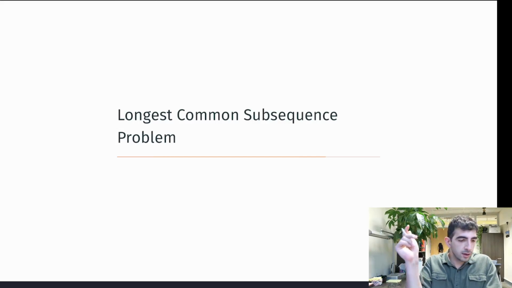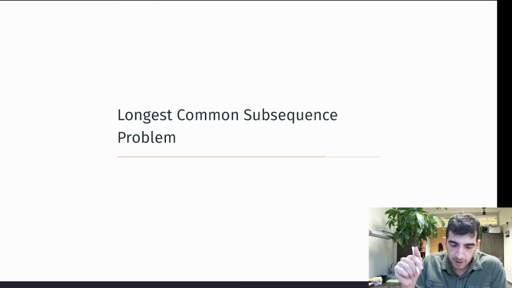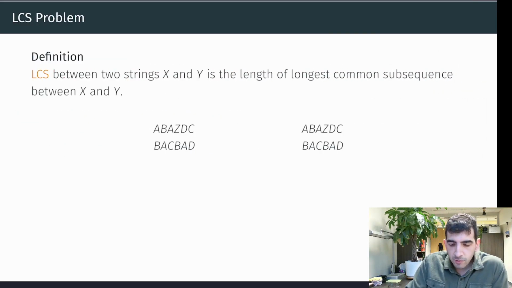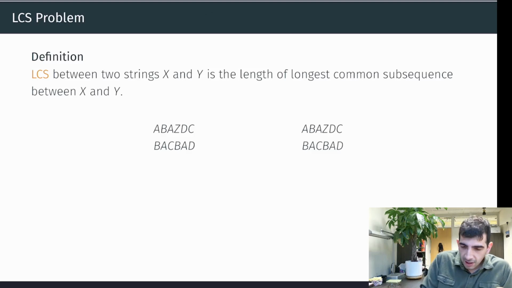Okay, so let's discuss another dynamic programming problem, namely the longest common subsequence problem. The longest common subsequence between two strings x and y is the length of the longest common subsequence contained in both those strings. So, for instance, both these strings ABAZDC and BACBAD have the substring, let's call it BC,